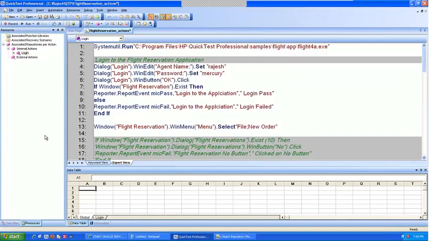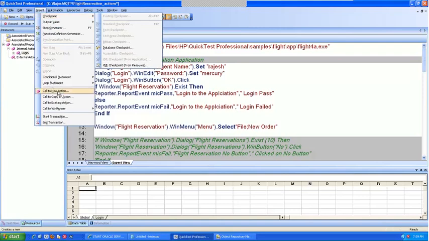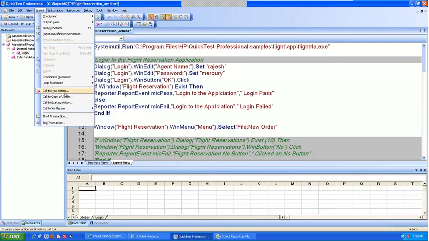Now, I renamed this action. Now I want to create another action called insert order. How do I create another action? I will go to insert, call to new action. There are 3 options here: call to new action, call to copy of action, and call to existing action.